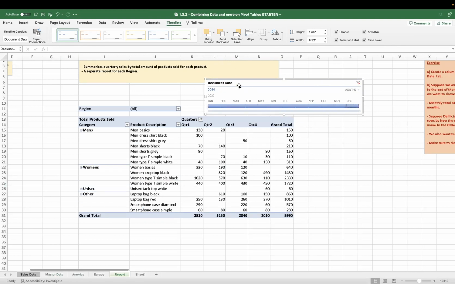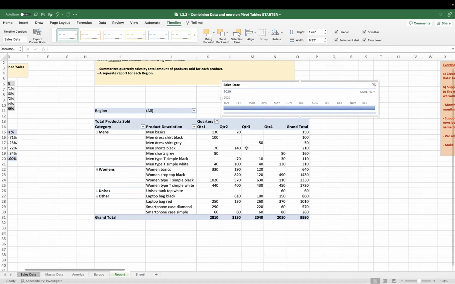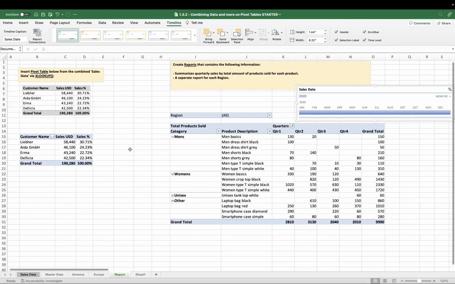And you can also change the title here with the caption. So maybe I'll change this to sales date. And then you can also have a few different color options, styles as well. So that is timelines. Then for the last features that I'll demonstrate, we'll jump back over to the